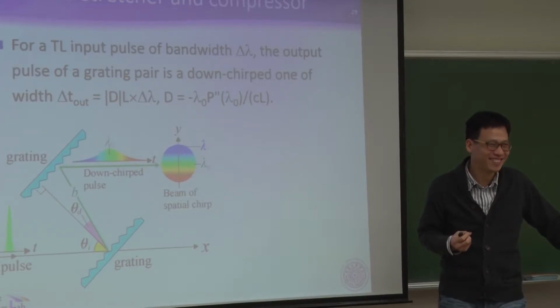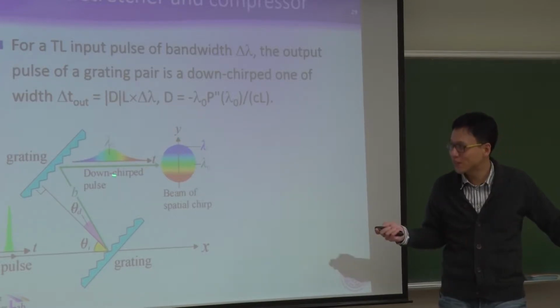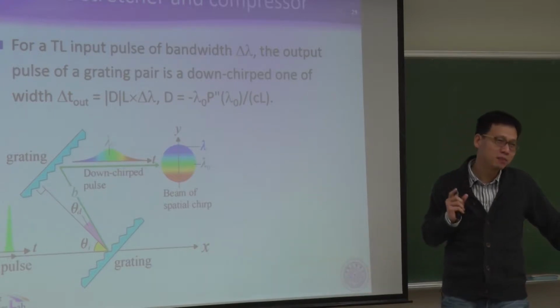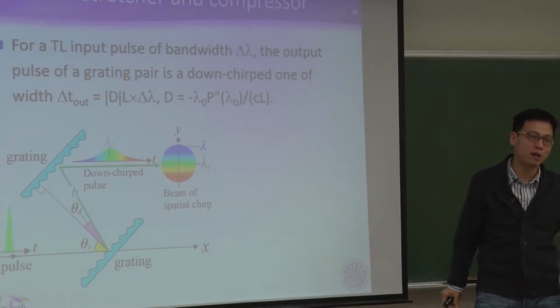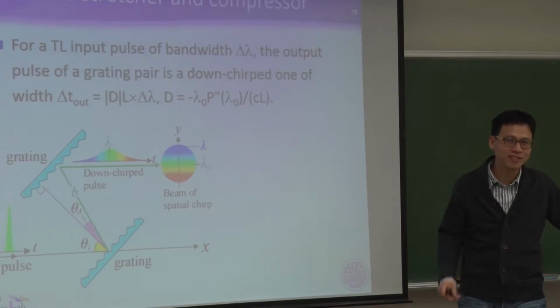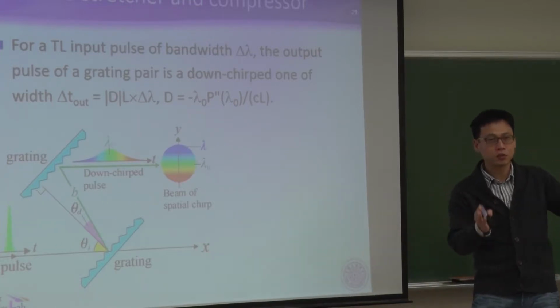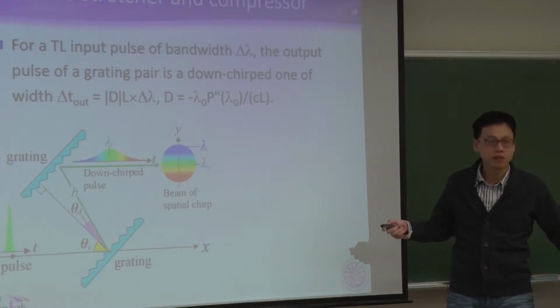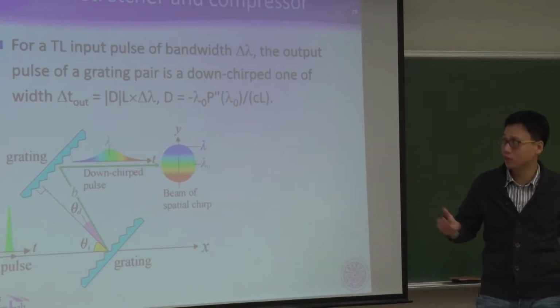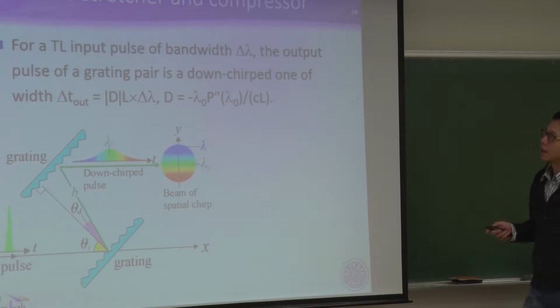Can you? No, with this geometry we can't. But with modified geometry, maybe we can. We will see it later. 只用这样子两个 grating 平行对摆不可能，你只能产生 down chirp，但是它时间上会展宽。